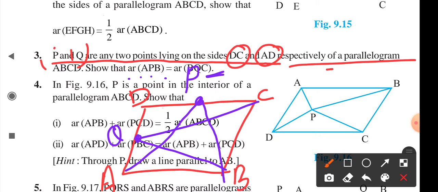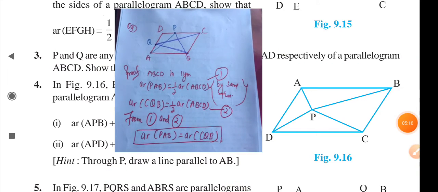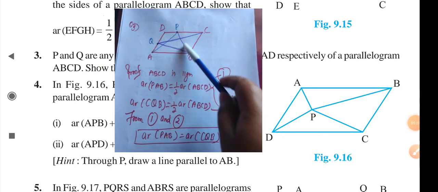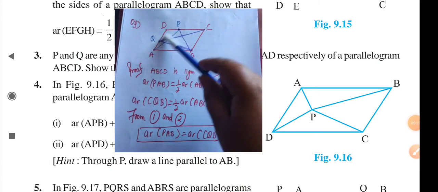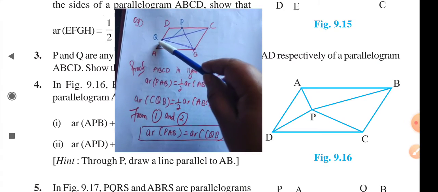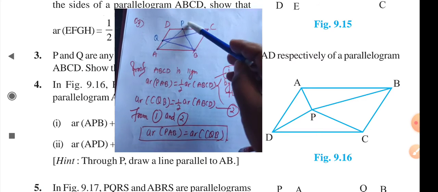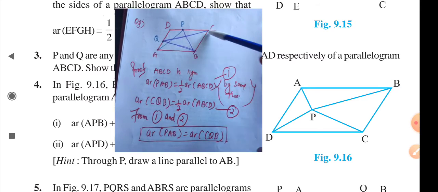So we have to find out the area of these two triangles, which are made by the violet color, and we have to show both the triangles are equal. So see how we will do it. This will also be solved with the same theorem, as I have made the figure here also. You can see that ABCD is a parallelogram, P and Q are the 2 points. We have to find out that the area of APB is equal to the area of BQC.